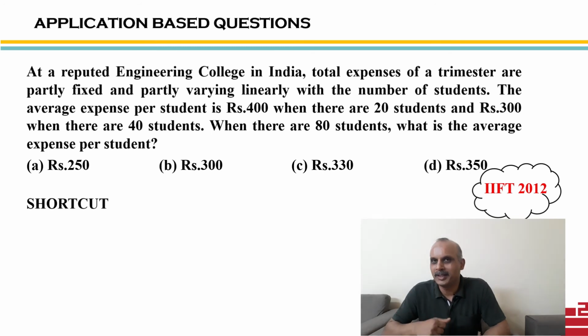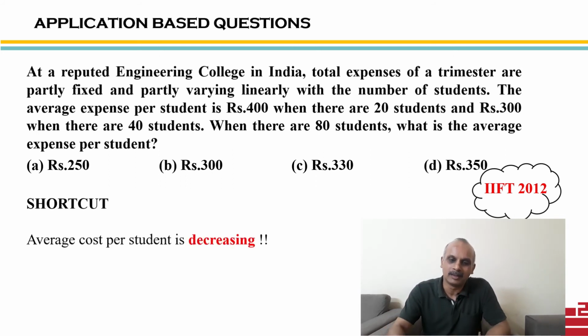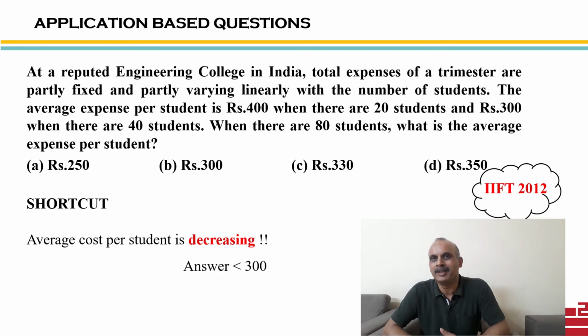Now in this question, did you notice when there were 20 students, the per head cost was 400, and when the number of students increased to 40, the per head cost decreased to 300. So as the number of students is increasing, the per head total cost is decreasing. So is it now not logically obvious that the average cost per student is decreasing with increase in number of students? So when the number of students now is 80, obviously the per head cost will be less than 300,